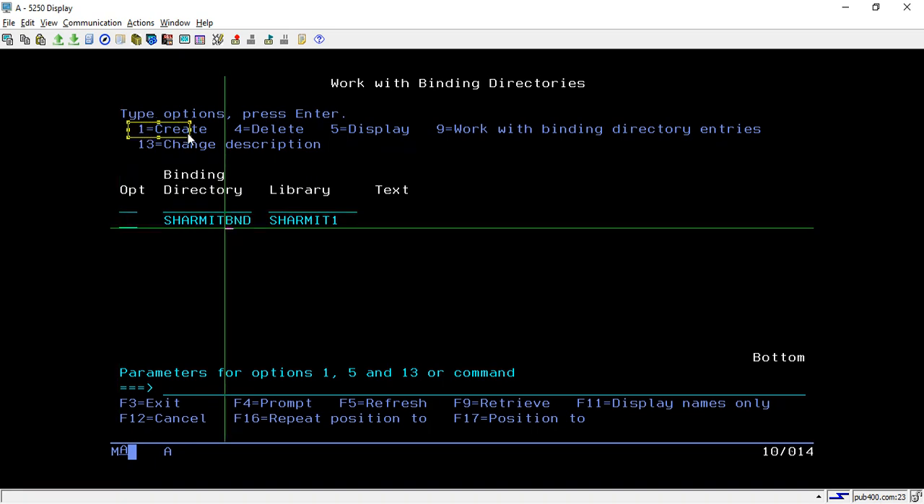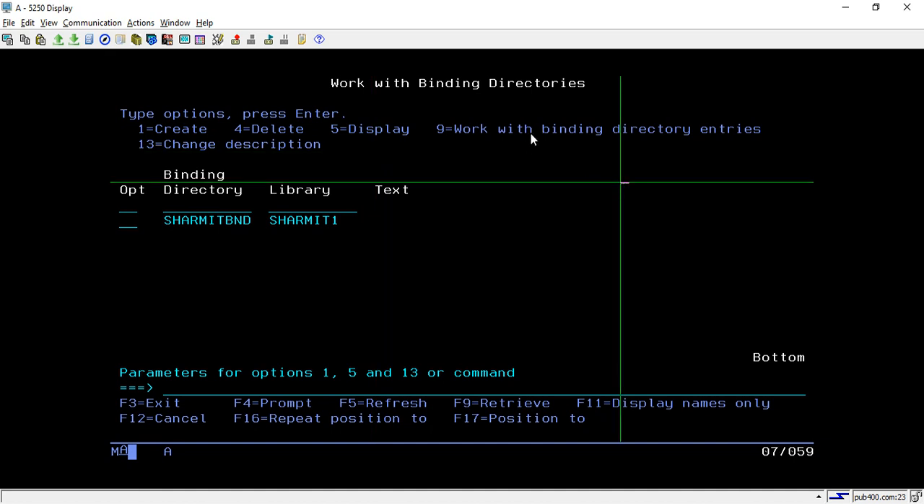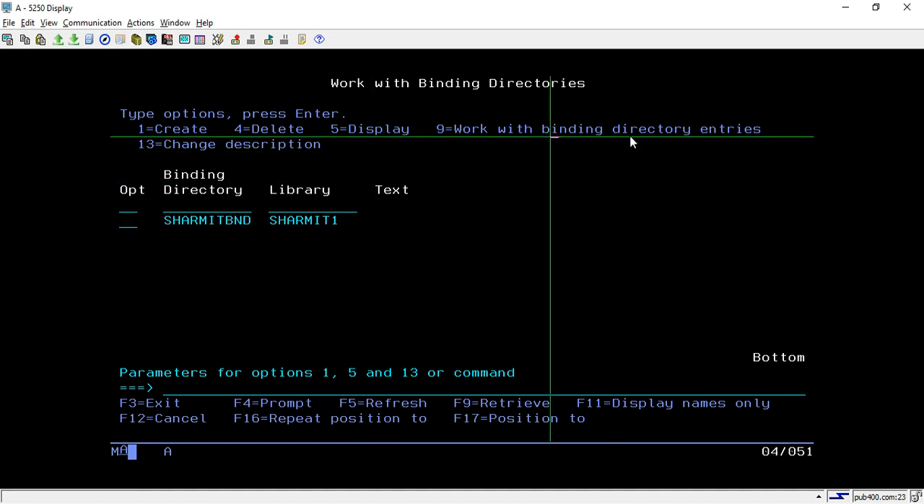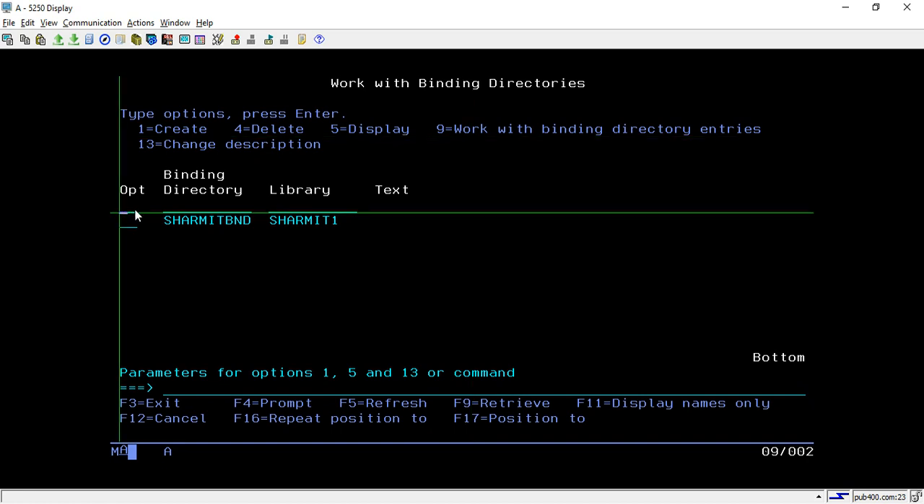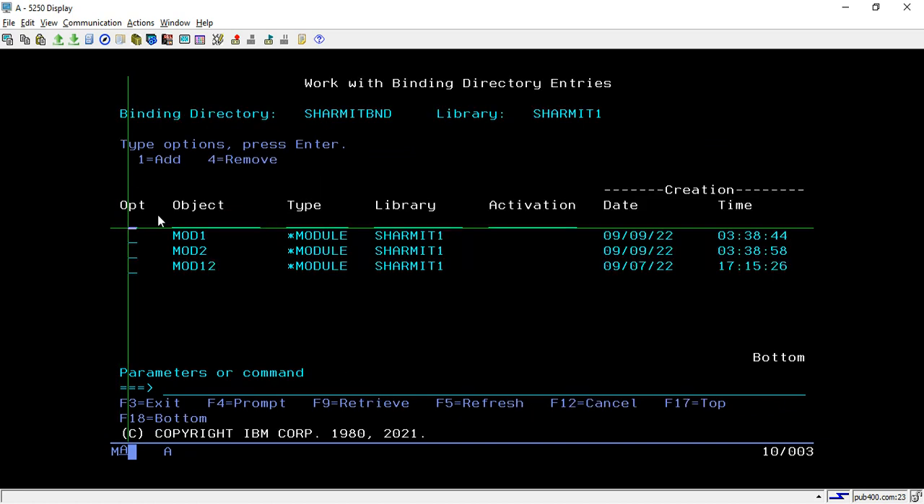Here you can see these options: create, delete, display, work with binding directory entries. If you want to make some changes in the entries that we have already created, you can take this option and then change description. So these are the options that we can use. From here we can also directly add or create a new binding directory. Firstly, we will try to change some entries. So here you can take option 9, and once you take option 9, it will show you this screen